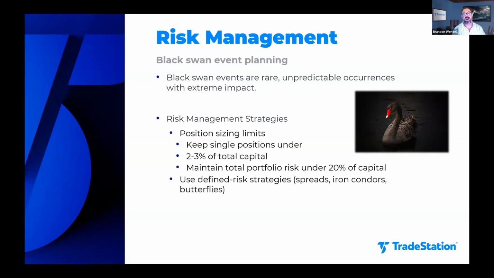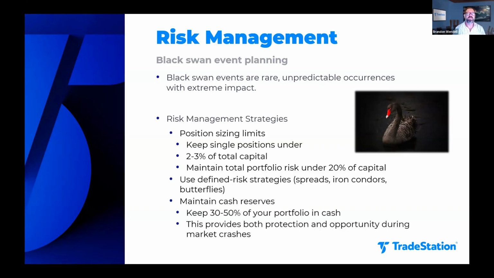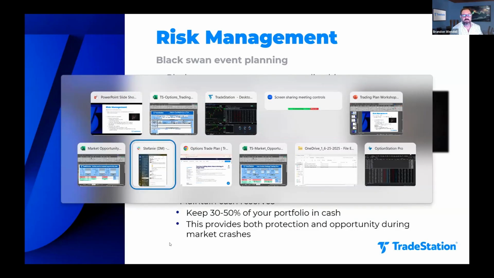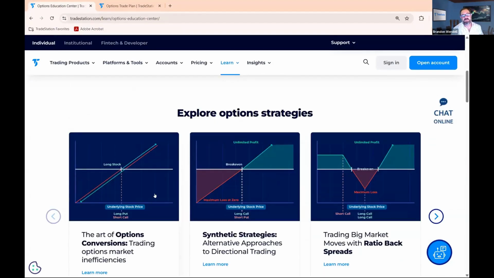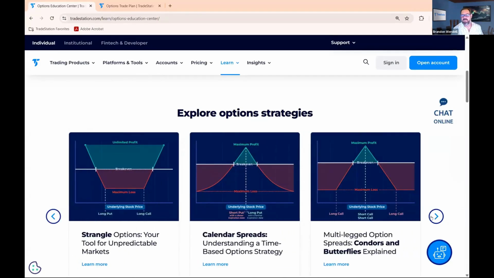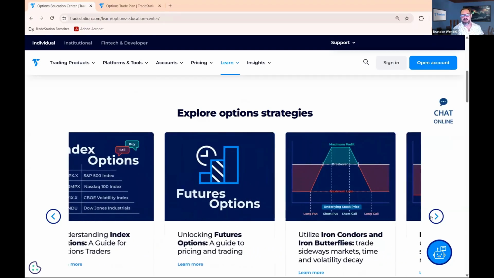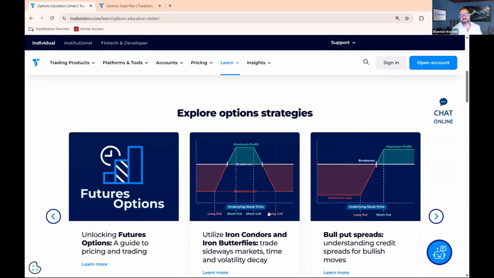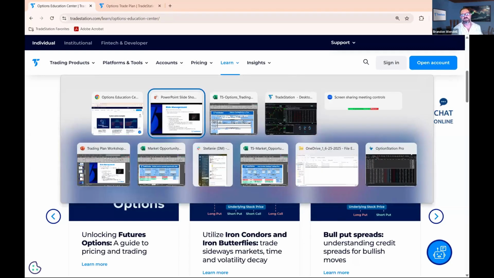And again, we can also use defined risk strategies where we're limiting the amount of risk rather than using unlimited risk. Most traders, it depends on what level of trader you are. There's 1 through 5. If you're using most strategies that are very popular, and again, if I go back to the Options Education Center on this page, synthetics, those are very risky. That's level 5. But most of the positions that many people are using, strangles, calendars, condors, butterflies, those are, I believe, level 3 and lower, and they have defined risk, meaning you can't lose more than a certain amount. You see how the risk profile flattens out. And that's another way of protecting ourselves against those Black Swan events.